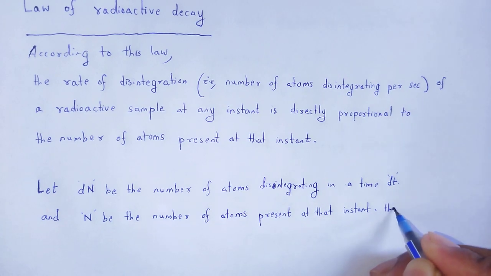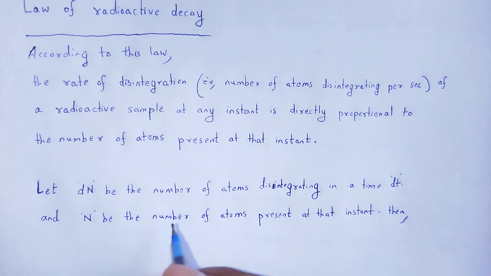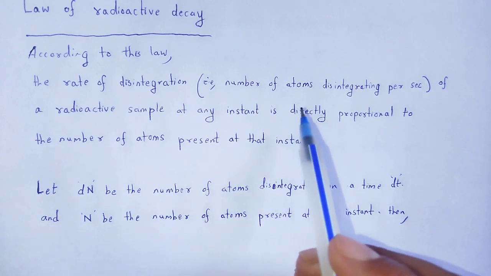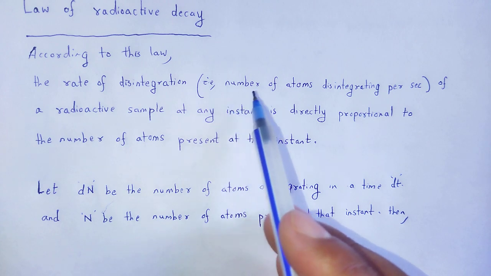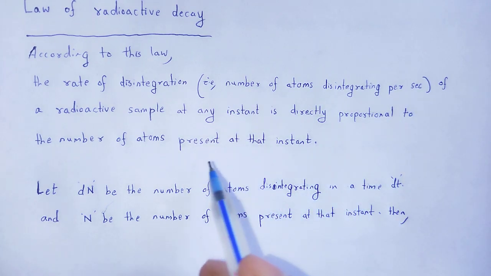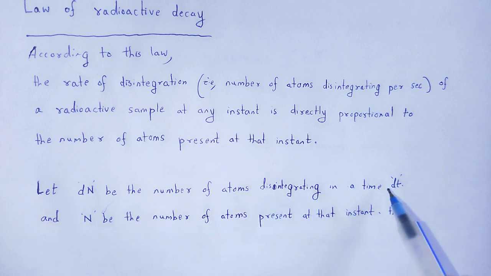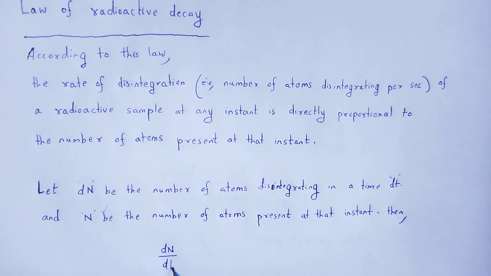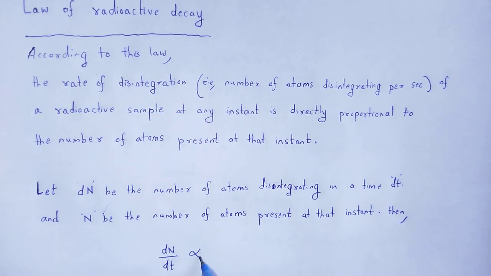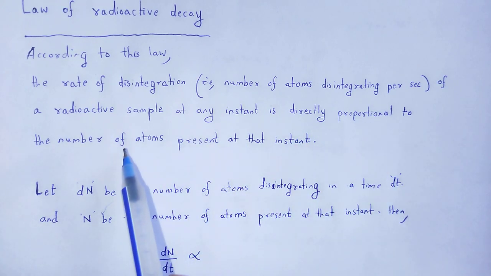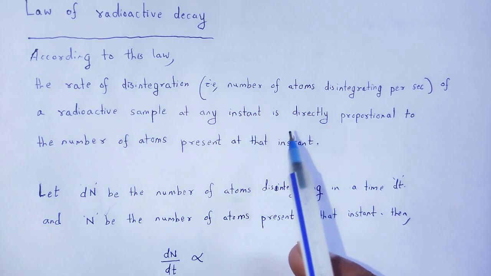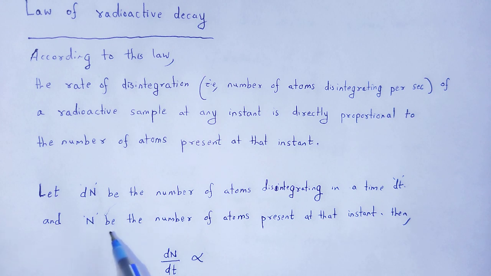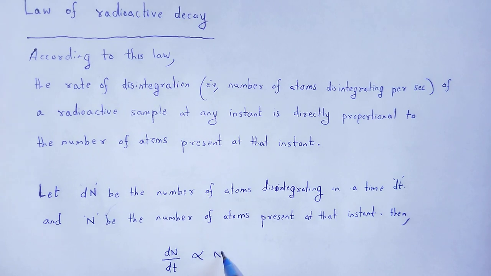Then according to that law, the rate of disintegration, that is the number of atoms disintegrating per second, here we choose dN number of atoms disintegrating in time dt. So the rate will be dN by dt, which is directly proportional to the number of atoms present at that instant. At that instant, let N be the number of atoms present, so it is directly proportional to N,